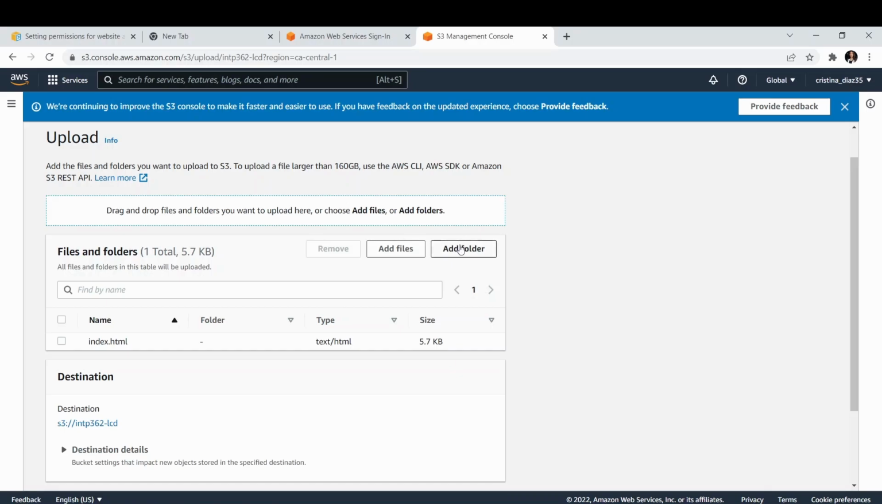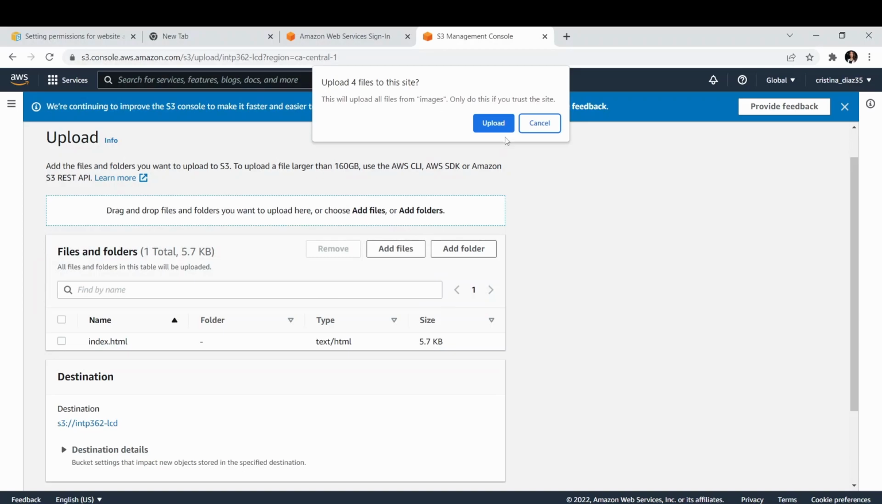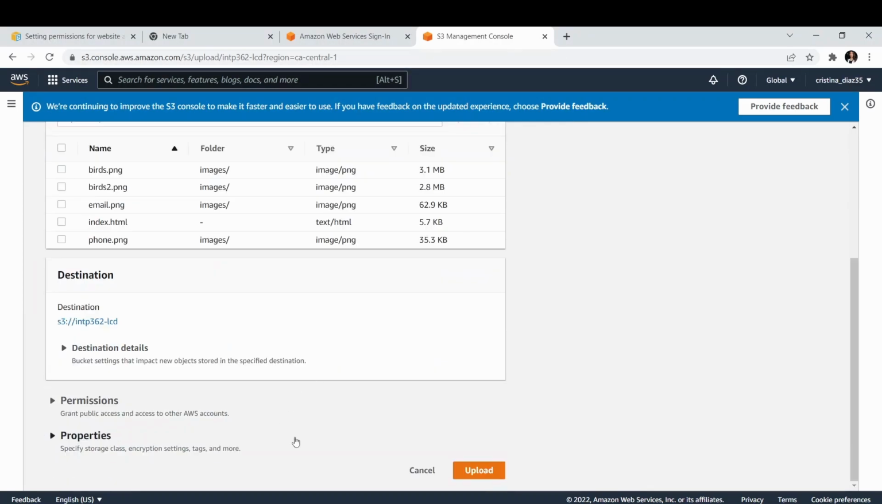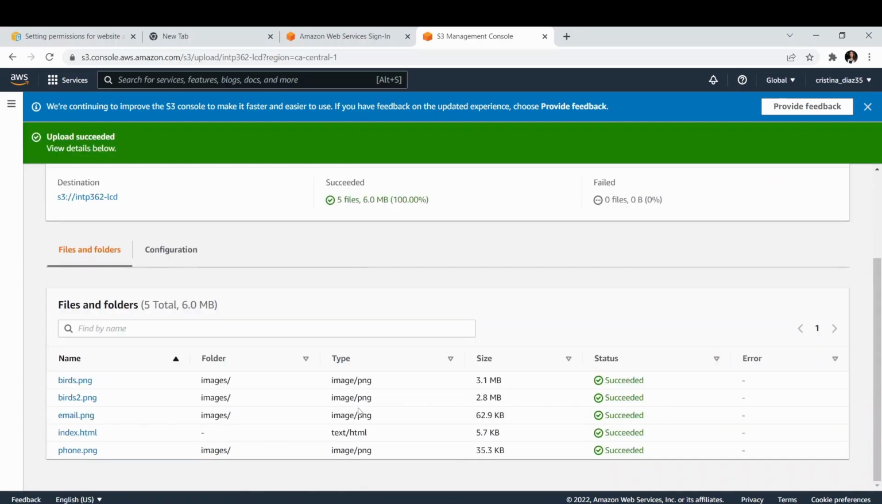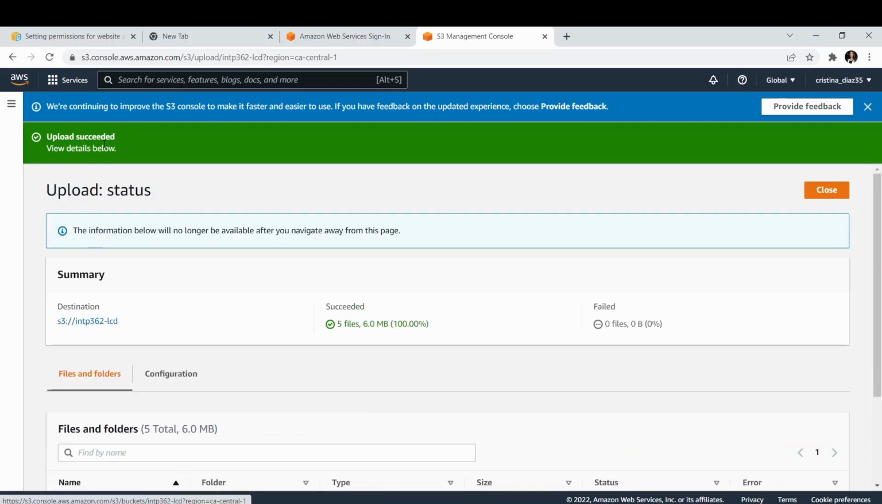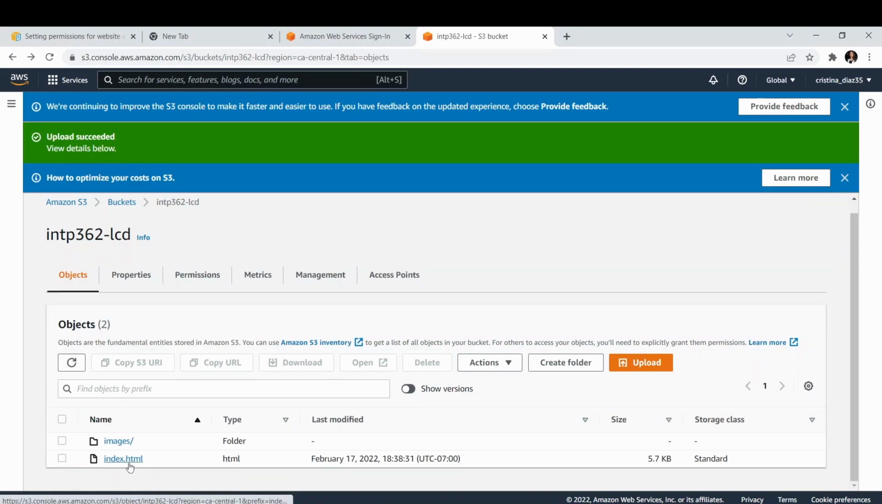And then we are going to add a folder, and that would be our images folder. Upload, and then hit upload. Go back to our S3 bucket, and now we can see that we have an index.html file and our images folder. So what's next? Right now, this bucket is not configured for static web hosting. To enable web hosting, go to Properties,